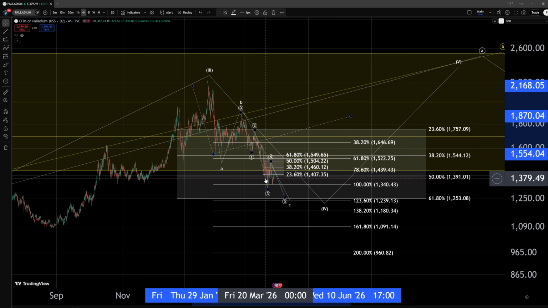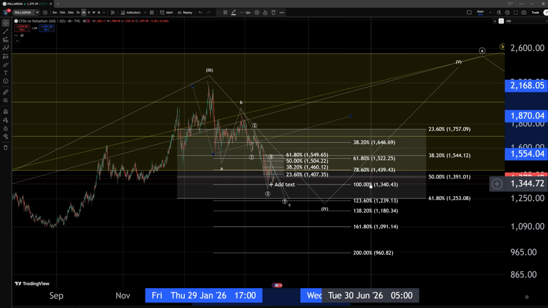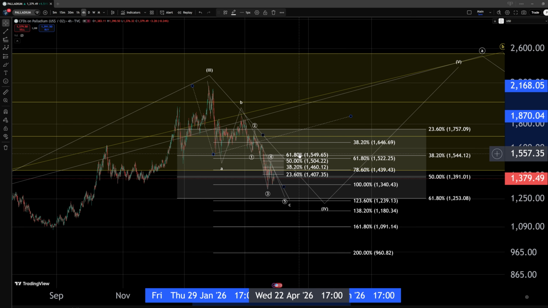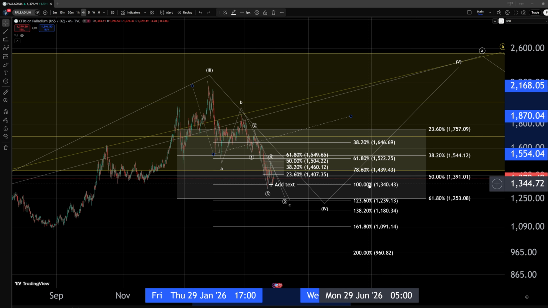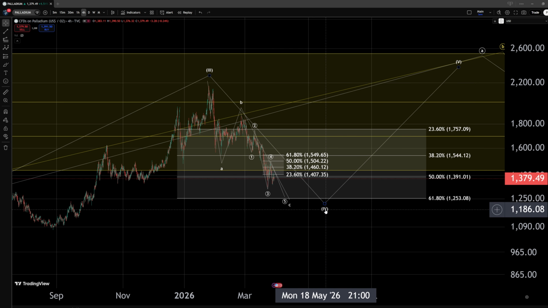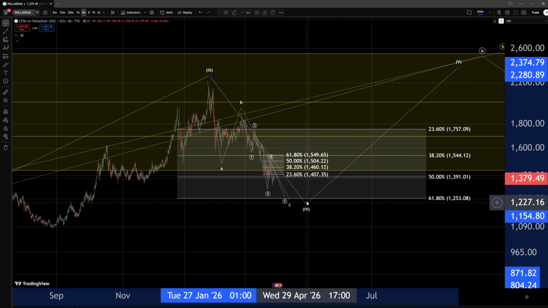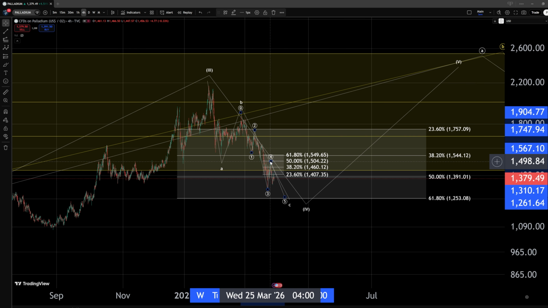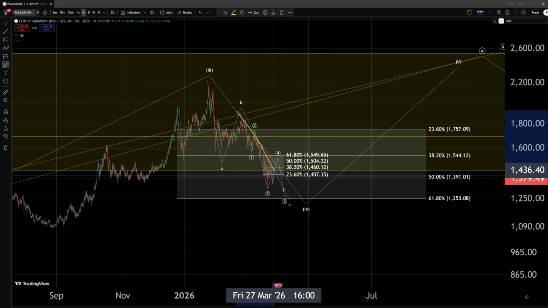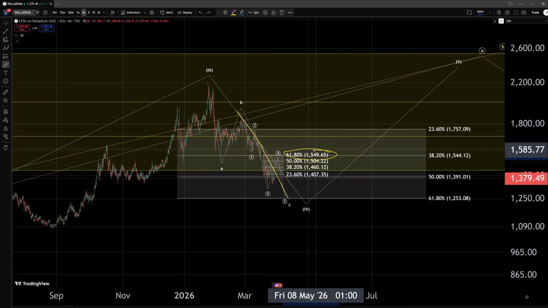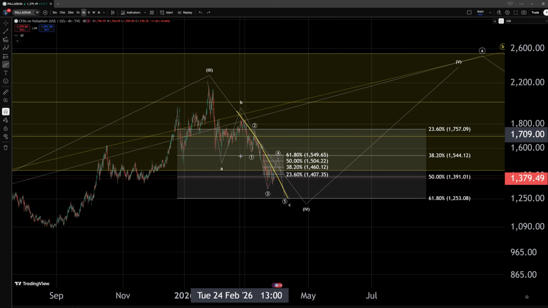This has already been achieved, and again, we would still prefer to continue to lower prices. Even if the ideal target has been achieved, the count remains incomplete in my perspective, and I'm not opposed to looking for a bottom within the wave 4 to already be in place, but I would need to see a break above the last level of resistance for the internal wave 4 of the wave C, the $1,550 level. I need a sustained break above that